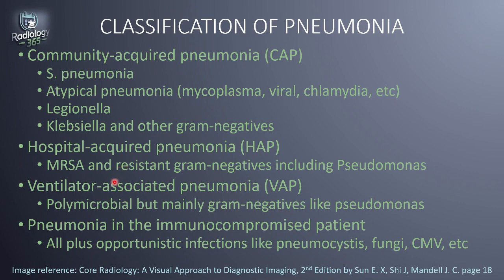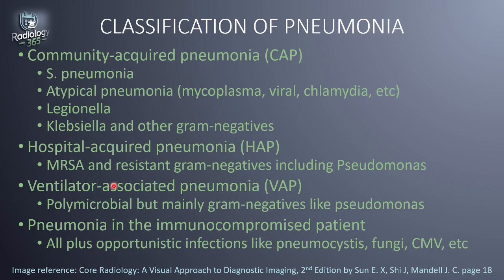Then we have ventilator-associated pneumonia, which is caused by infectious agents that are really not present at the time that mechanical ventilation is started. But if the person is on the ventilator for a very long time, you have accumulation of secretions and accumulation of these organisms. Most of the infections are polymicrobial, and they primarily involve gram-negative rods such as Pseudomonas and